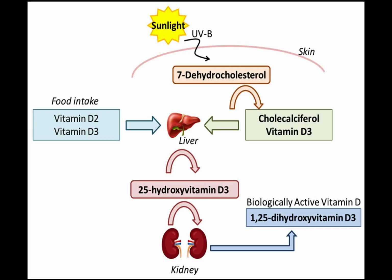Next is activation of vitamin D in kidney. So 25-hydroxycholecalciferol is further hydroxylated at the first position to form 1,25-dihydroxycholecalciferol, which is the most potent form of vitamin D. So 1,25-dihydroxycholecalciferol contains 3 hydroxyl groups, one at the first position, then third position and 25th position, and is also called calcitriol,